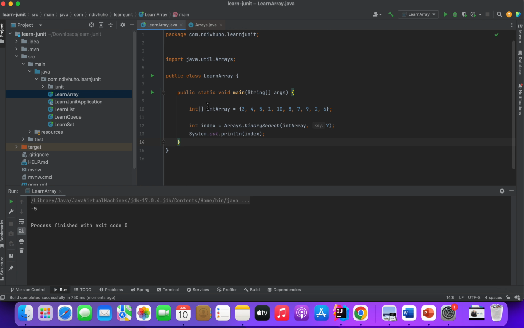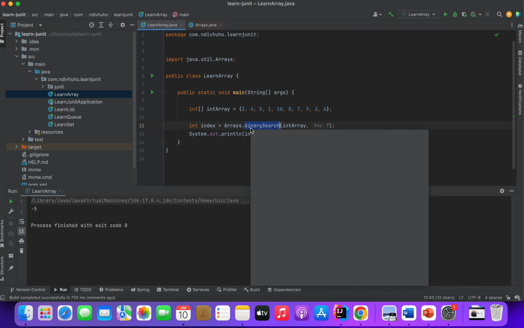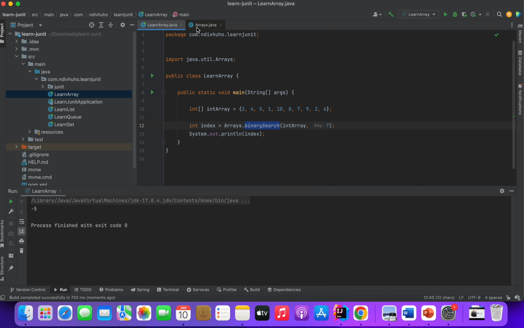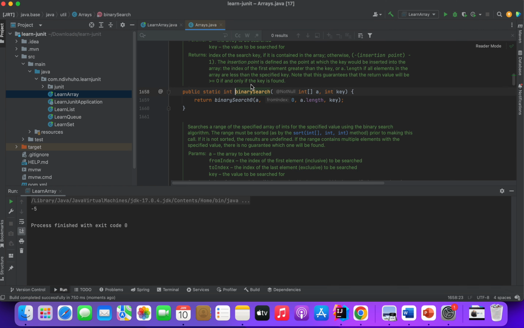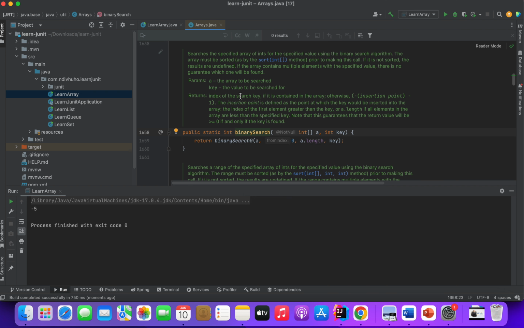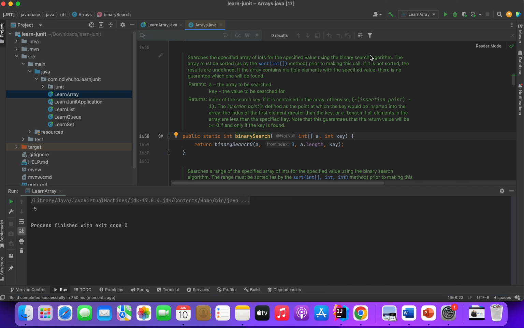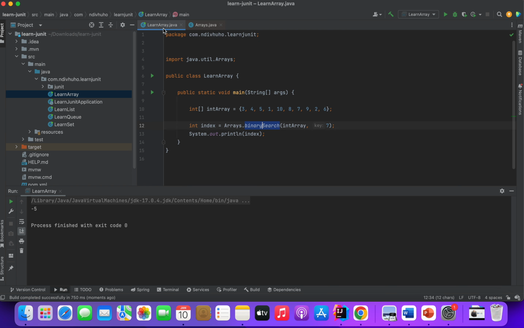The reason why we are getting this -5 is because this binary search method works when your array is sorted. If you read the documentation here, it will specify that. That is why it is important to read your documentation. So it says the array must be sorted. So that is why we are getting